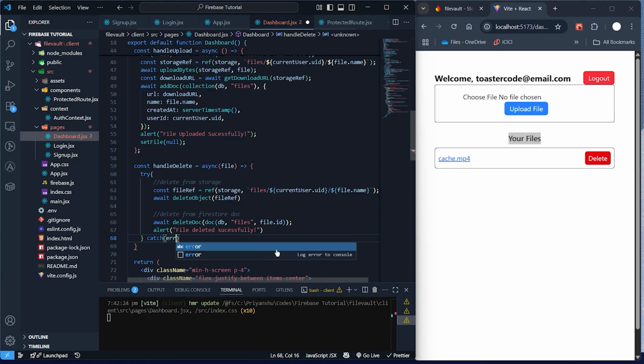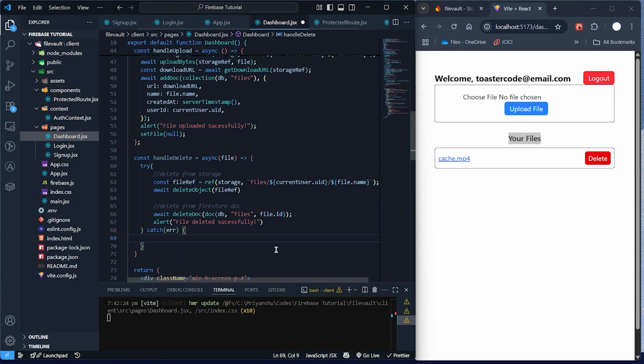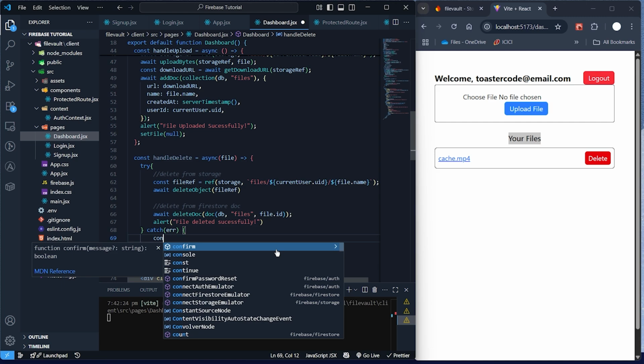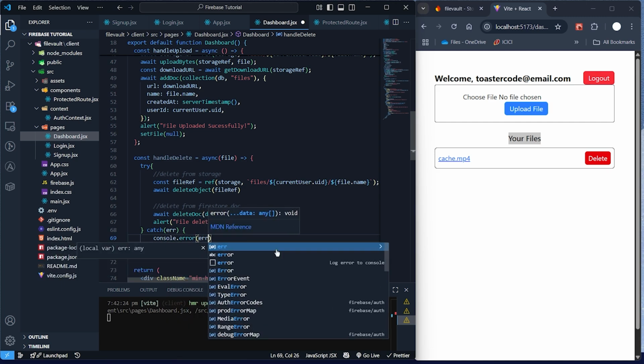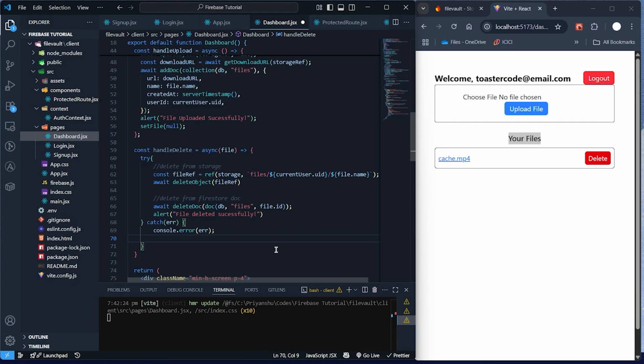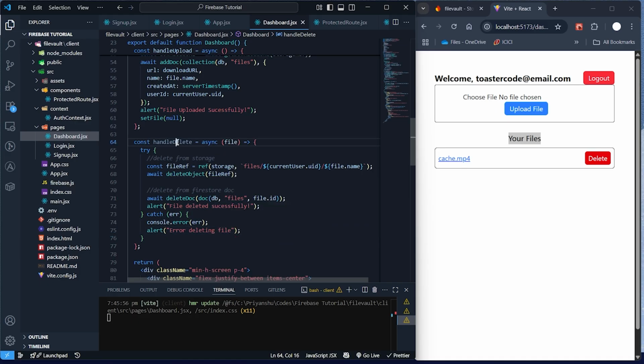Catch error. If there is any error, then we'll do console dot error, just print the error, and we will alert error deleting file. Now we need this handle delete,